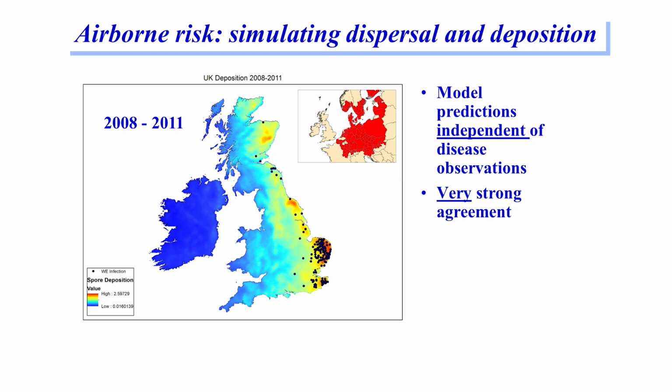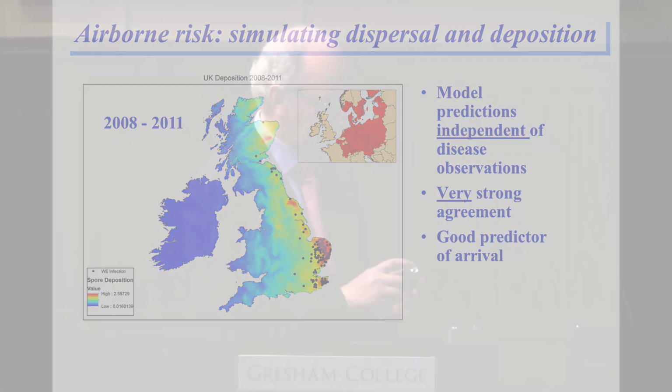There's a lot more statistical analysis that has been done on this to compare the magnitude or the force of infection from those sites that were introduced on infected sites on saplings. They do have an effect, but not nearly as great as that aerial transmission. And the bad news of that is, of course, that there will be continued aerial transmission from large regions infected on the continent. So very strong agreement, as I indicated, and a good predictor of arrival.